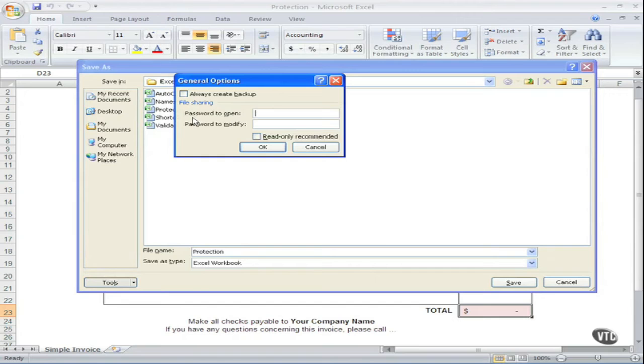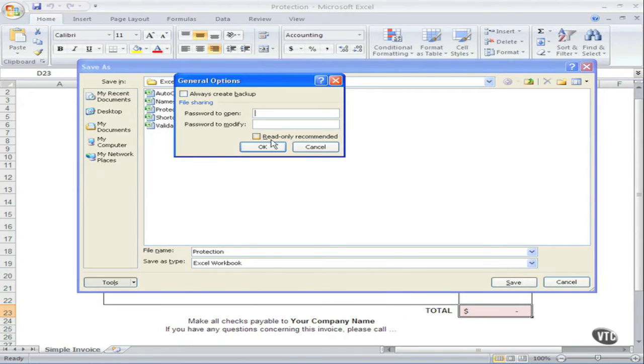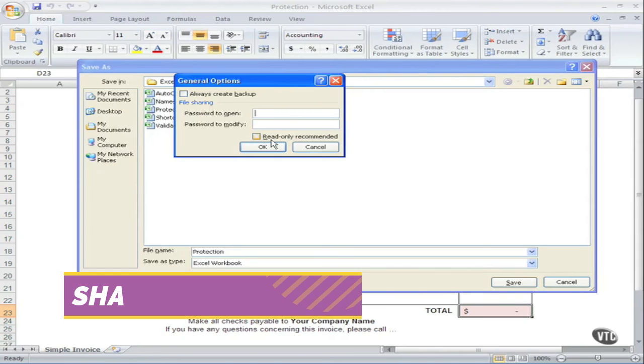In General Options, here you'll notice that I can set a password to open this particular file. I can have yet another password to modify it. This is where I can really set up a document so that it's read-only. This is a great protection. You will eliminate someone from accidentally typing over formulas and other information within the spreadsheet. Also, if I do choose to save changes, it will force me to put a new name to the spreadsheet. That means your original document is protected and I can still make changes and save them, but to a new